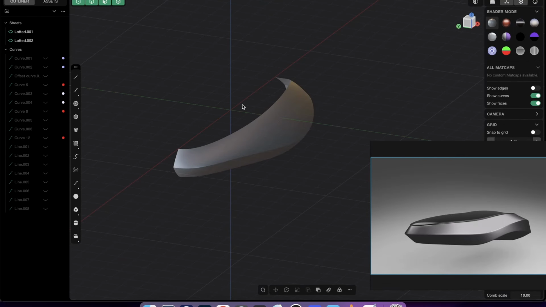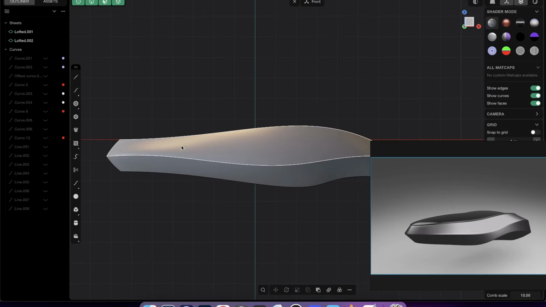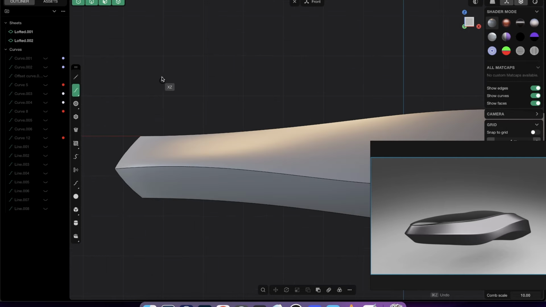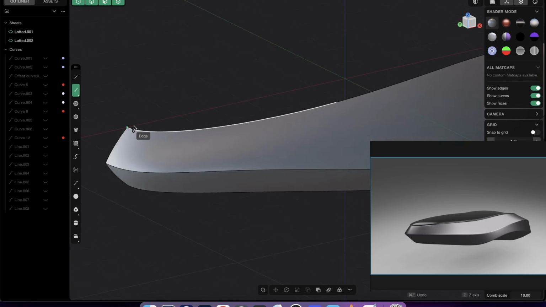So select, delete this left part. We will mirror that over later. Go again to the right view or front view, so you see it from the side. Again, control point curve. And again, very important, you have to snap first to this end point here, end